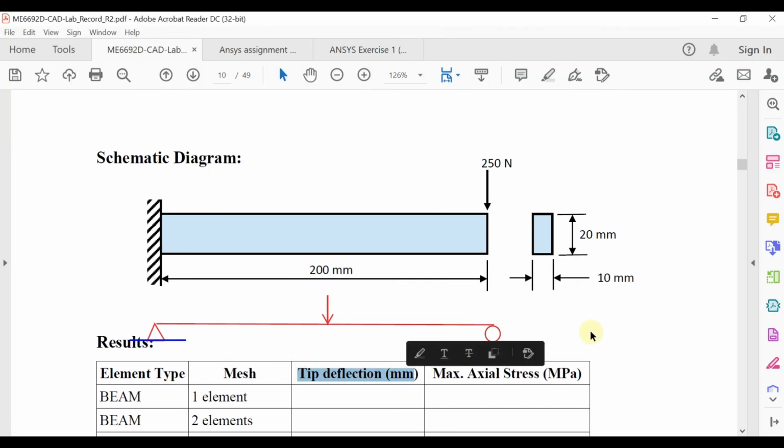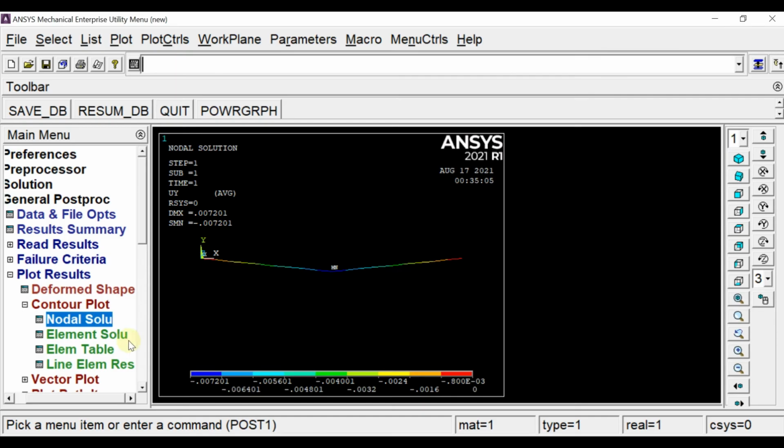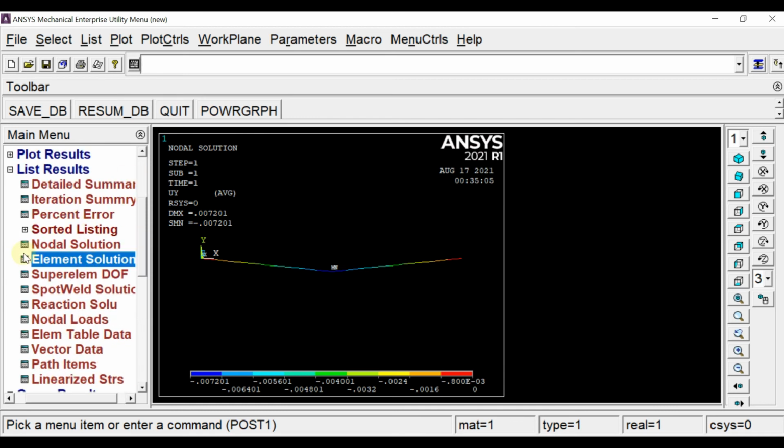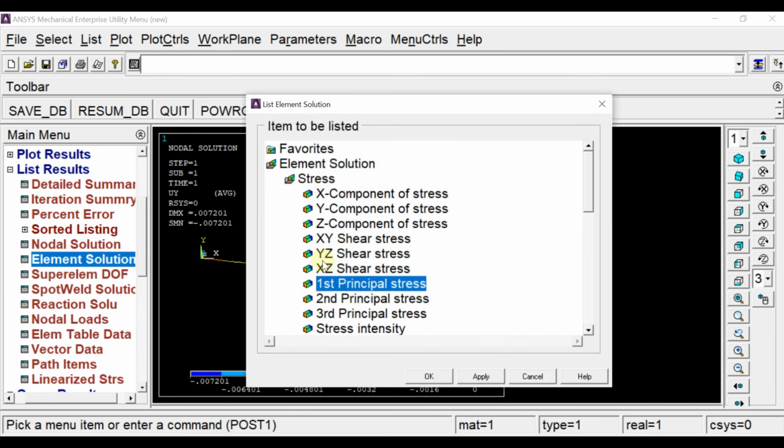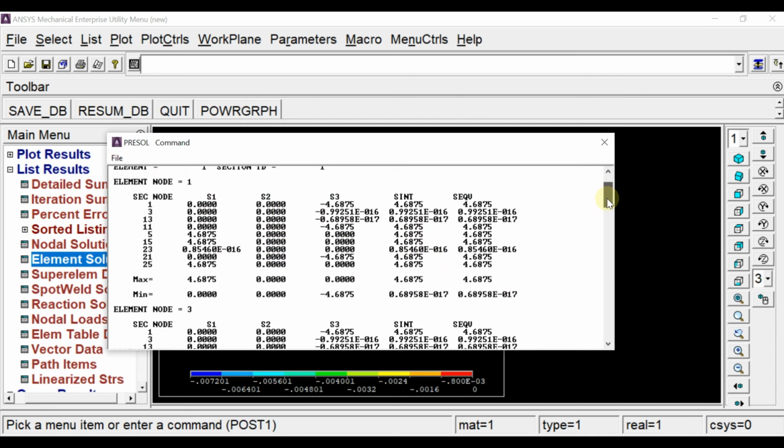Then for the maximum axial stress, for this beam element, you have to go to list results, element solution. In that element solution, you have to get the stress. For that we need the maximum, so we need the first principal stress value. Here you have to check which value is maximum.